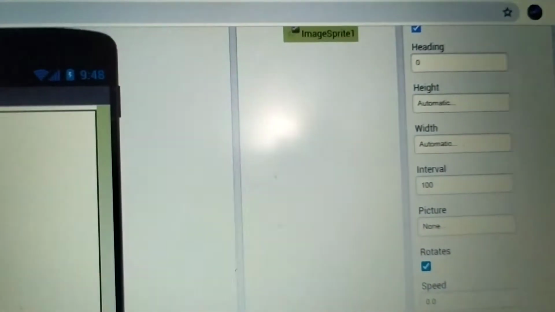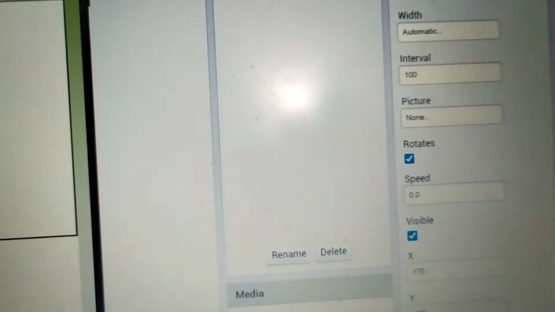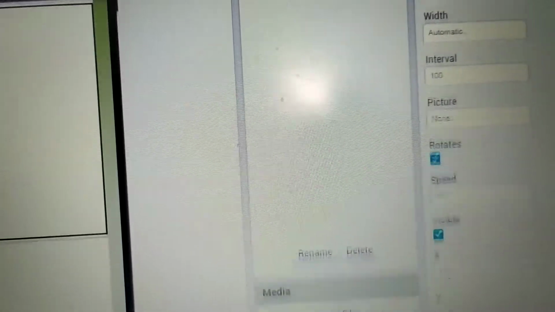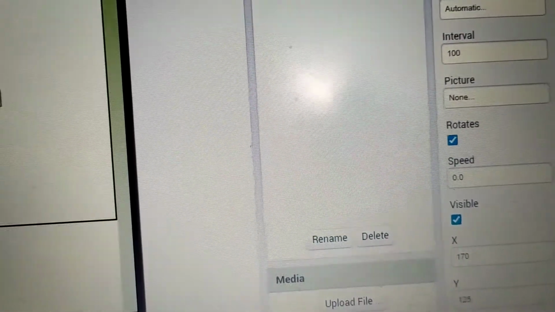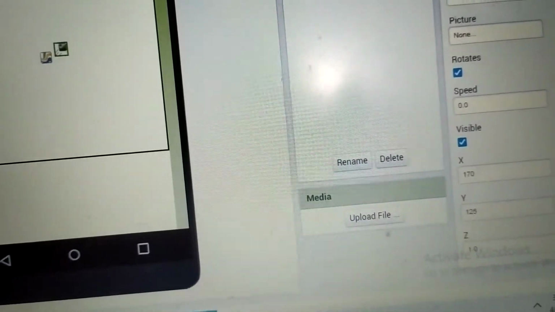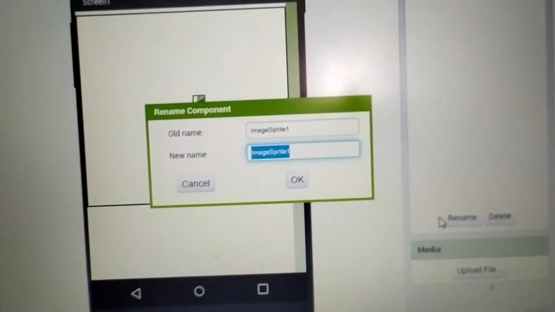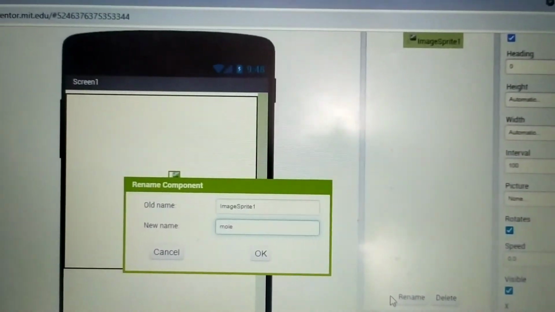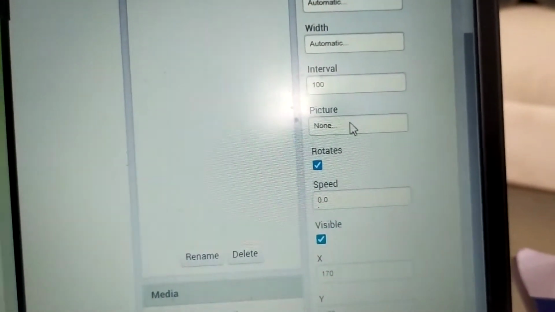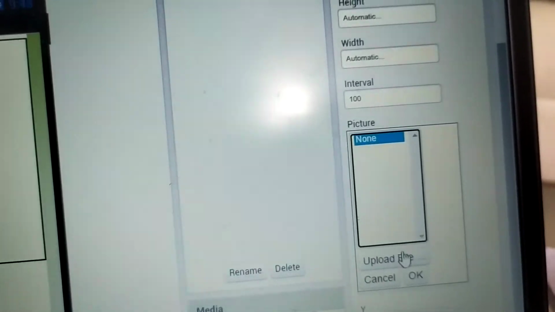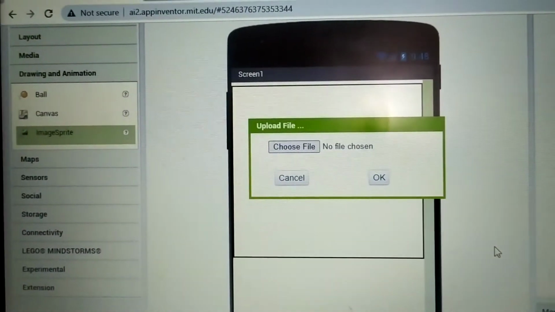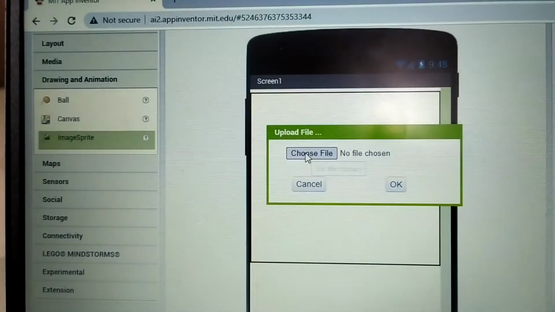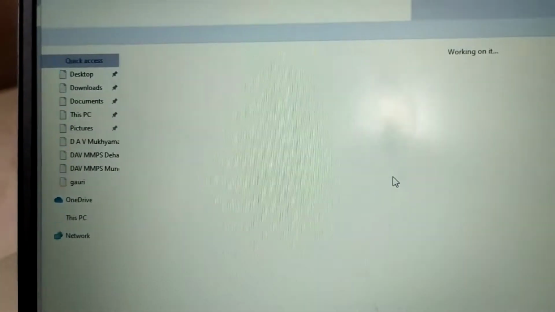So now we need to add the image over here. Click on image sprite, change its name to mole. Then click on picture, upload file, choose file, desktop, mole.